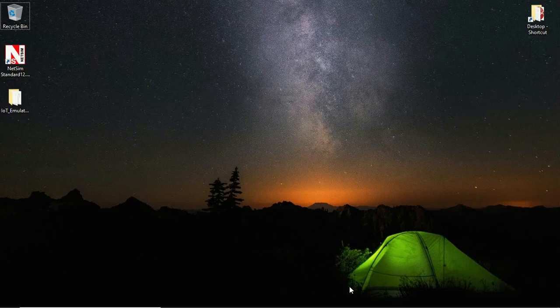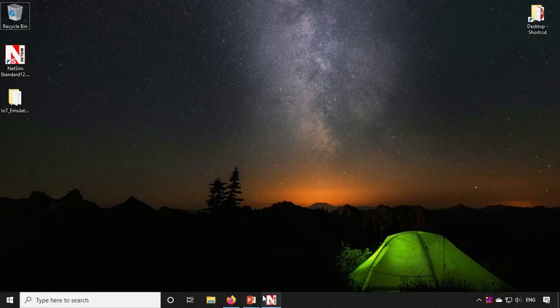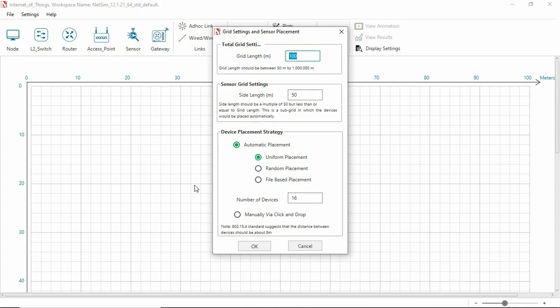We will now open Netsim and click on IoT. This is the user interface for designing an IoT network scenario. The sensor placement window allows automatic placement of sensor nodes on the grid area. Hundreds of sensors can be placed with a single click.